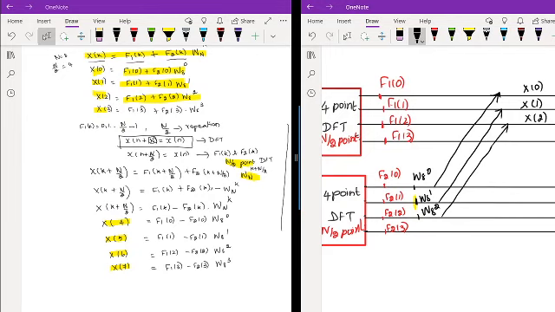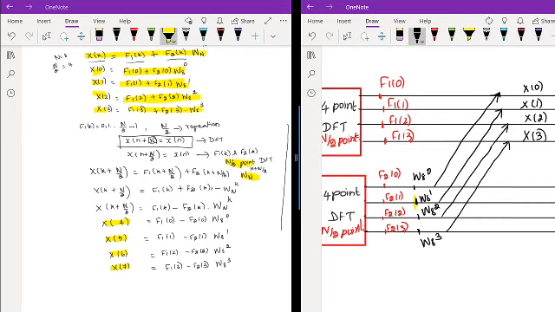For calculating x of 3, f1 of 3 is going to be added with f2 of 3, and then the f2 of 3 is multiplied with w8 power 3. So this f2 of 3 is multiplied with w8 power 3. This is going to be added with f1 of 3. So this is for x of 3. So the first 4 values are over.